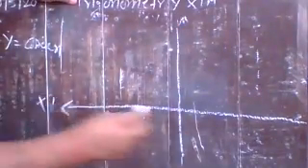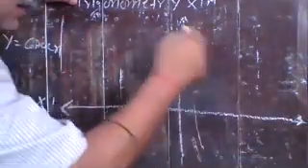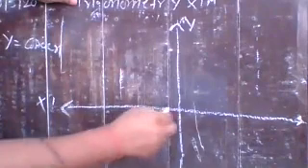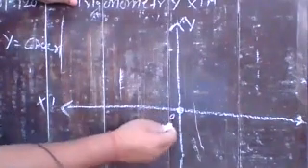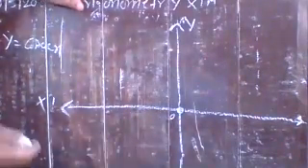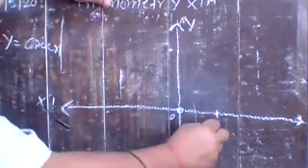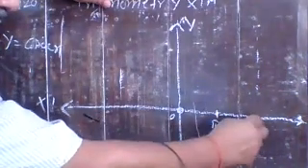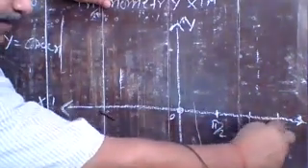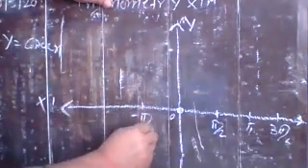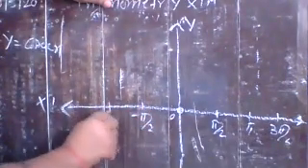Okay. Suppose here you take x', x axis, y'. Here you take 0. For 0, cosec 0 is not defined. And here you have pi by 2. And here you take pi and 3 pi by 2. And in negative direction, you take minus pi by 2 and minus pi.